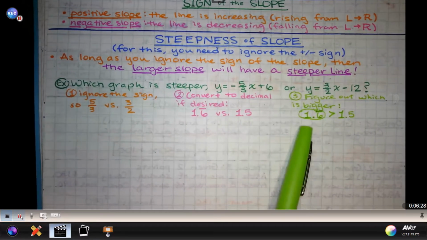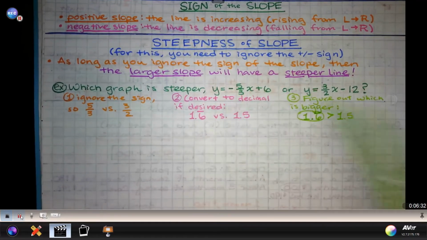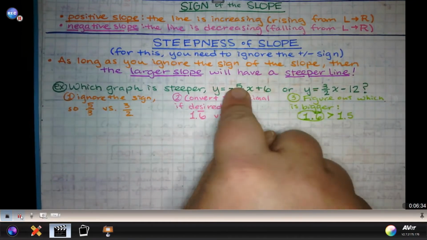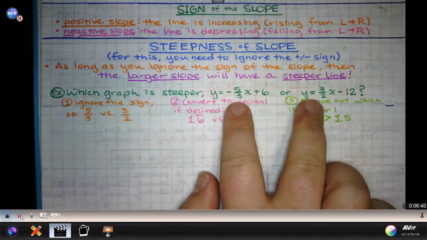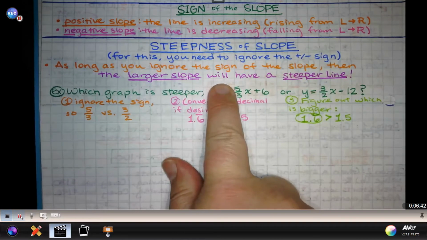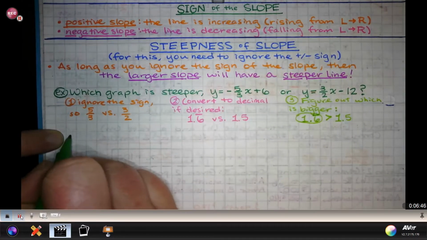So you do need to remember that goes back to this one, and notice, oh, it did end up being the negative one. That does not matter that it was the negative one. What matters is that the magnitude, or if you ignore the positive and negative signs and just compare the numbers, this one's bigger. So that means that,